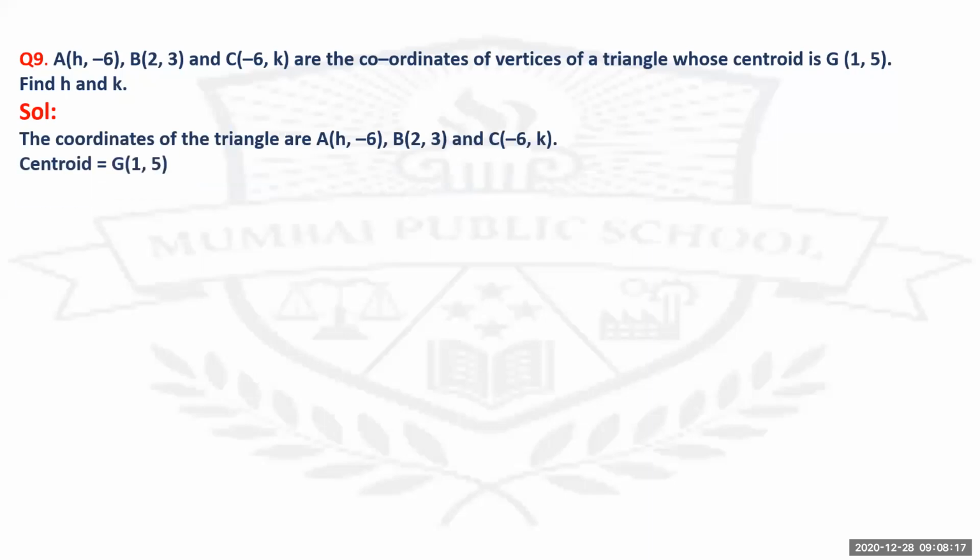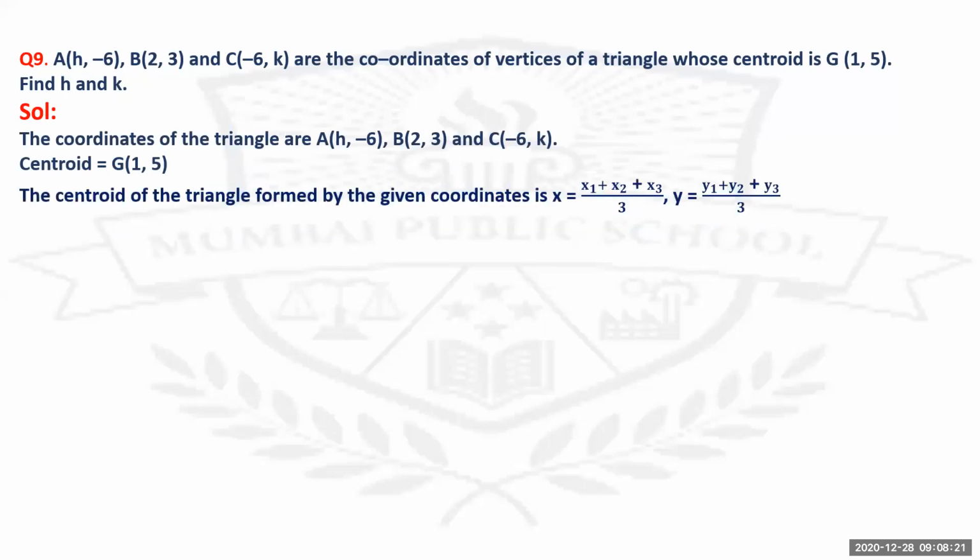Centroid equals G, (1, 5). The centroid formula: the x coordinate is (x1 plus x2 plus x3) upon 3, and for y, (y1 plus y2 plus y3) upon 3. You just substitute the values. After substituting the values, what are you going to get? Check this. This is your x. So x equals 1, that means 1 equals